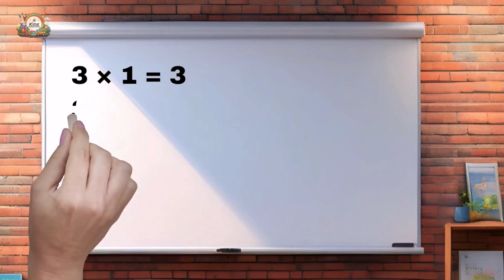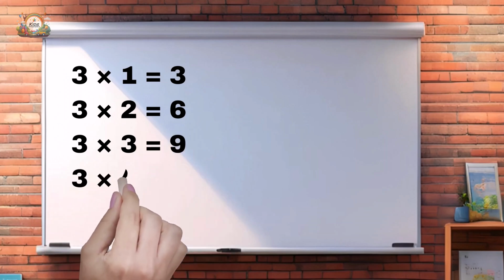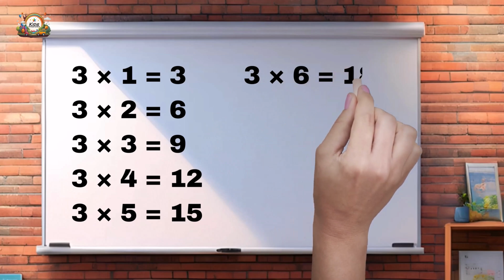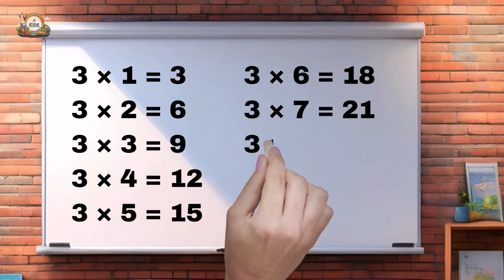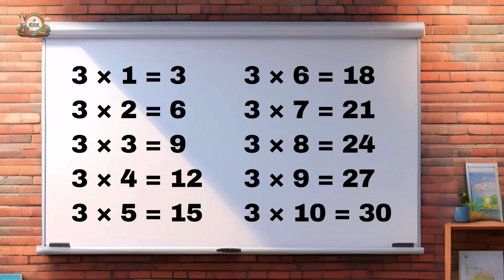3 ones are 3, 3 twos are 6, 3 threes are 9, 3 fours are 12, 3 fives are 15, 3 sixes are 18, 3 sevens are 21, 3 eights are 24, 3 nines are 27, 3 tens are 30,